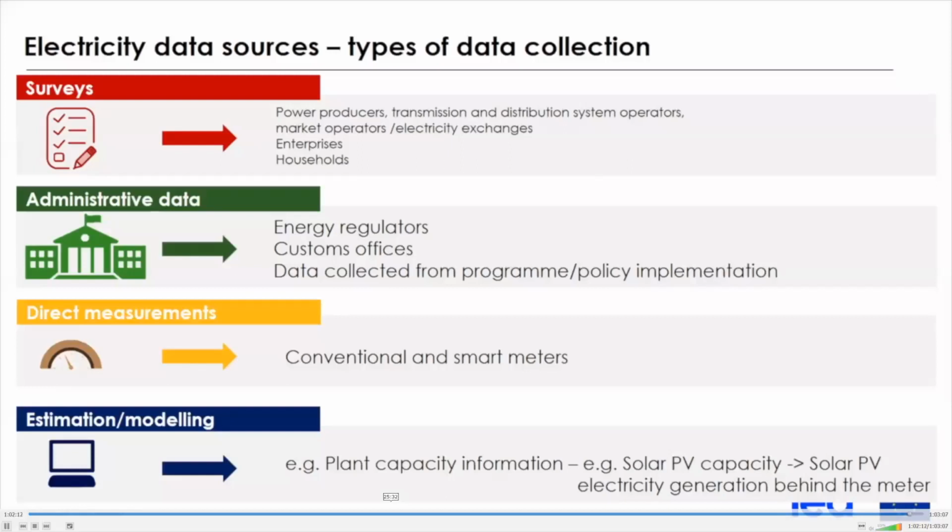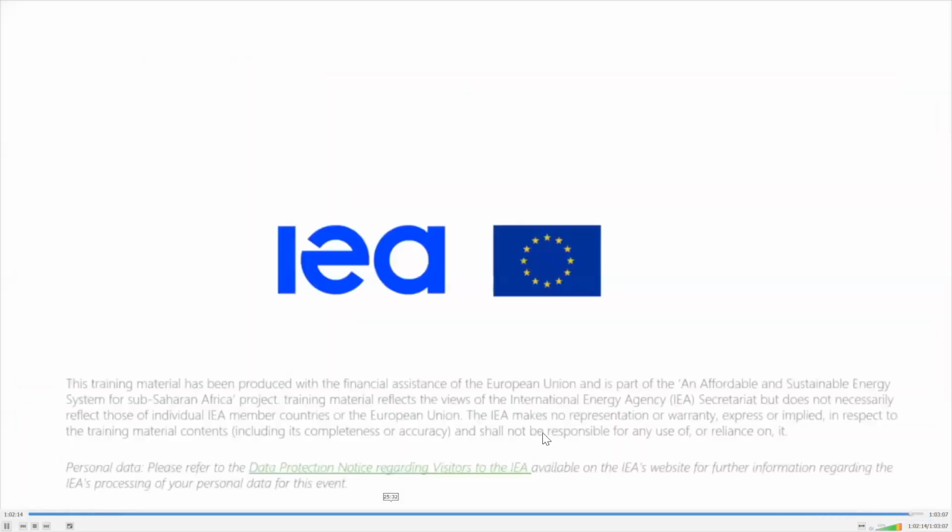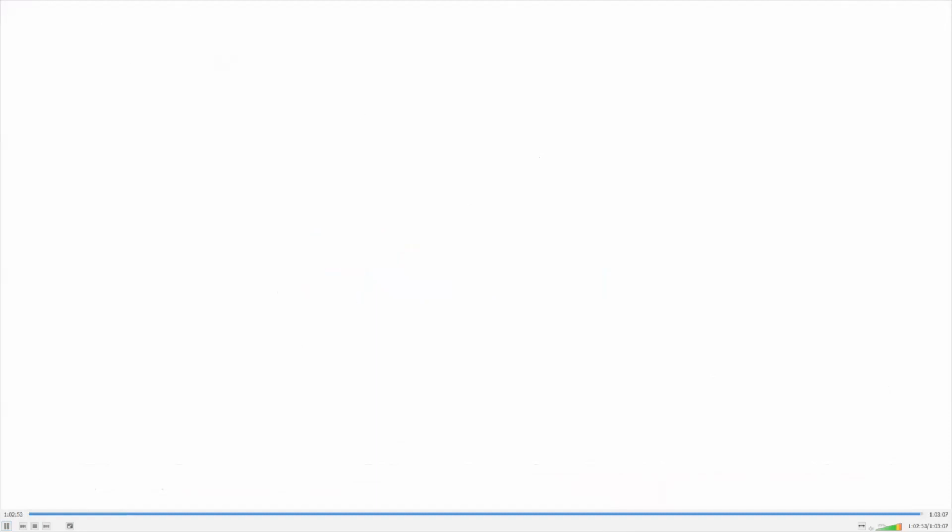With this, we reach the end of this presentation. So the IEA has a lot of resources available online. Some free products, such as the Key World Energy Statistics, Data and Statistics Browser, and Energy Atlas, manuals on energy statistics and methodologies. And we also have a lot of various energy data on specific flows, on CO2 emissions, and on energy price. Now, this is the end of this presentation.